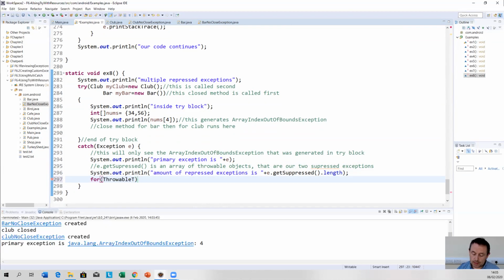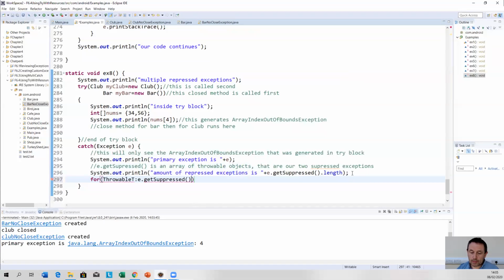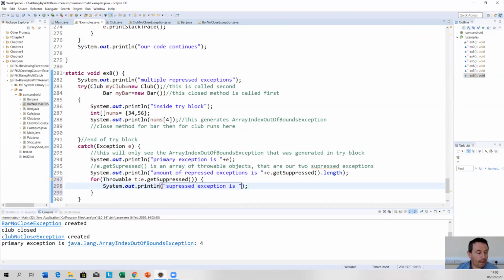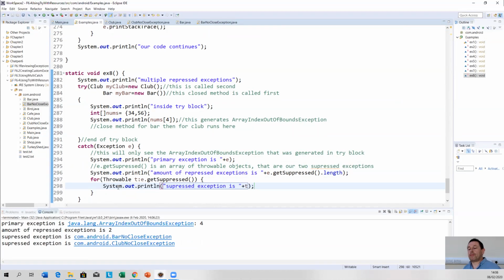Throwable t : e.getSuppressed(), that's Throwable with a capital T and lowercase t, and then we just go quite simply, system print line, the suppressed exception is plus t, and they're there. Okay,